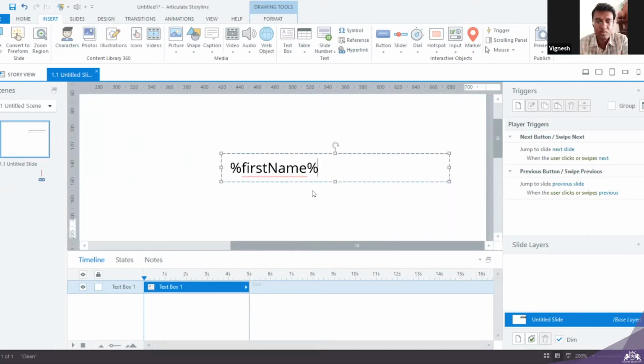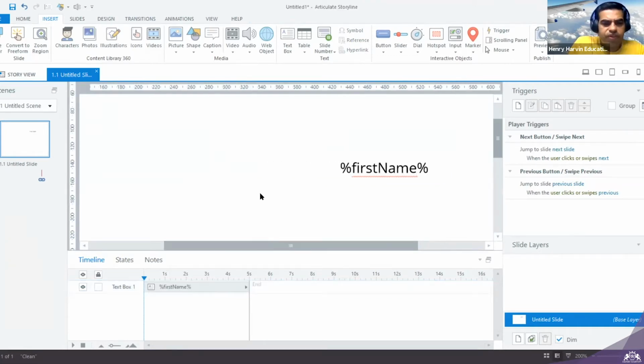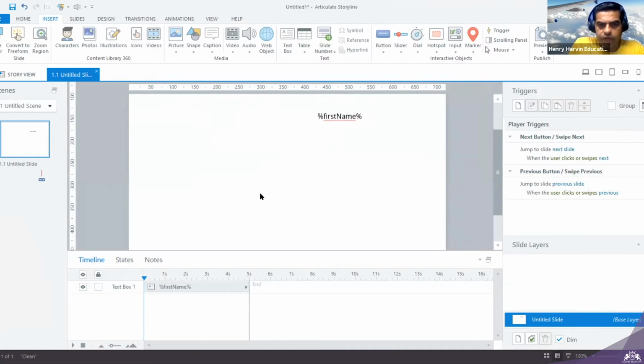So what is this? This is something of some coding language, where there is a percentage sign at the start and at the end, and in between, if you see, what is this? The first variable name, the variable name that we have defined. Clear? Now we can see something of what I want to show.